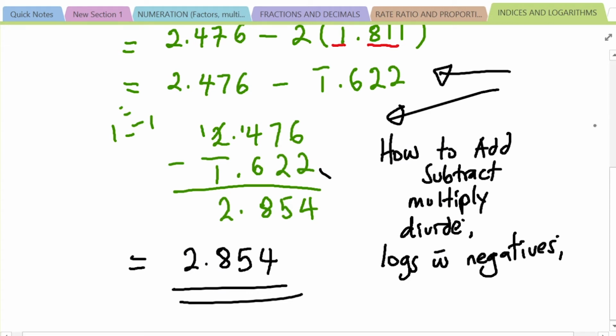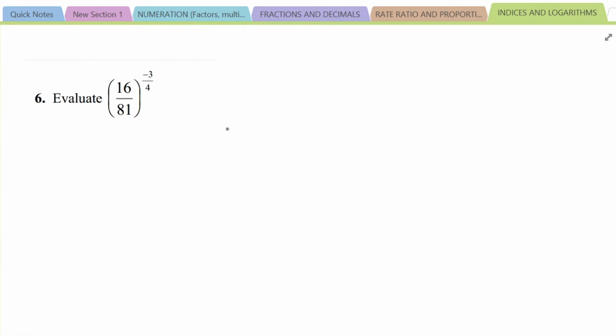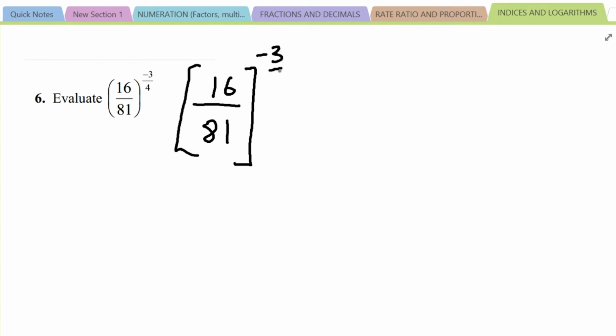Let's continue with these worked examples on examination past paper questions. Moving on, evaluate this number. This is an index number, 16 over 81 to the power of that. So that means this is 16 over 81. If this whole thing is to the power negative 3 over 4, it means this is 16 to the power,